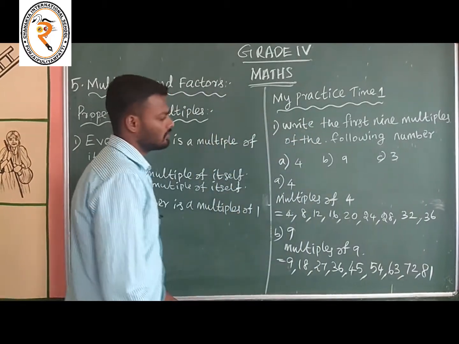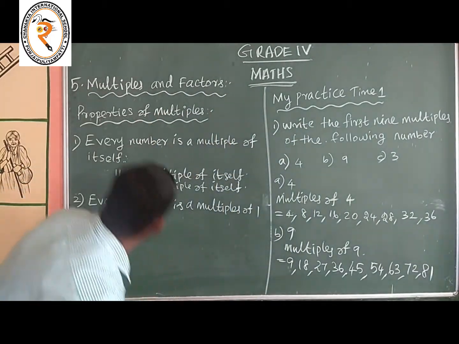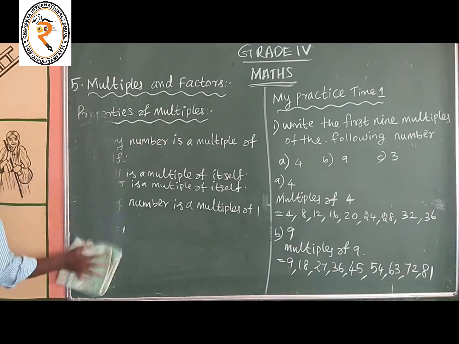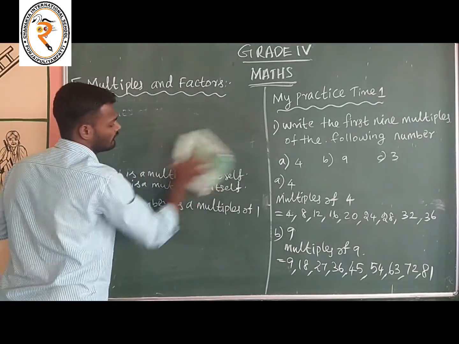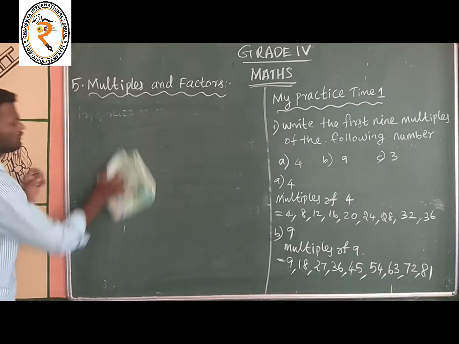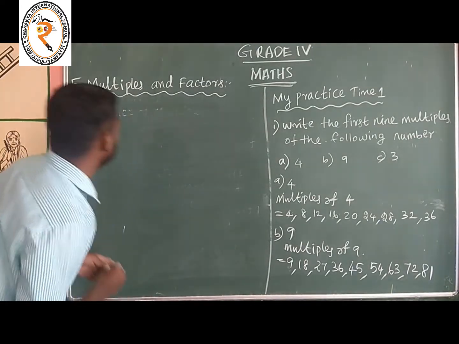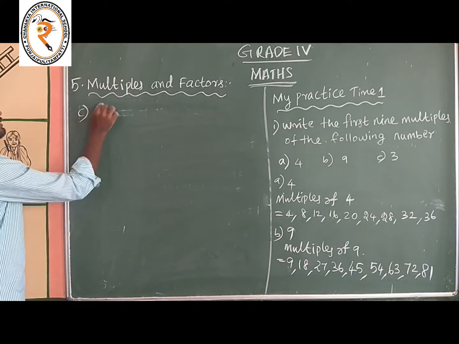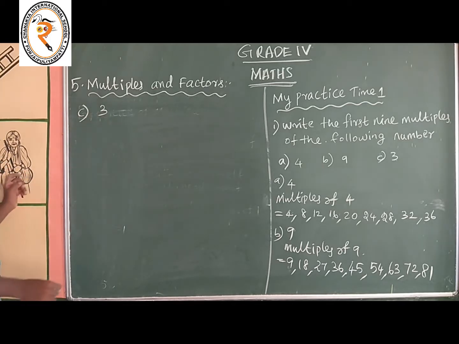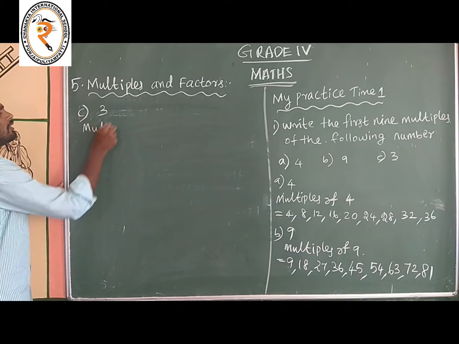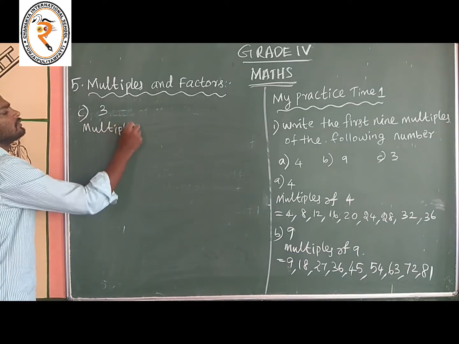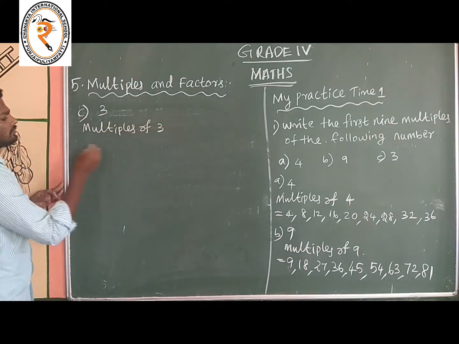And the next one, question number C, 3. Find the first 9 multiples of 3. So multiples of 3 is equal to